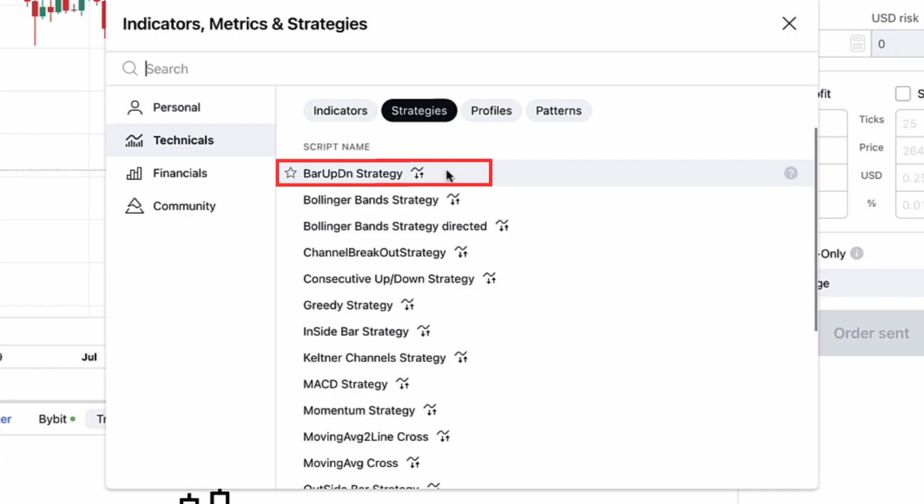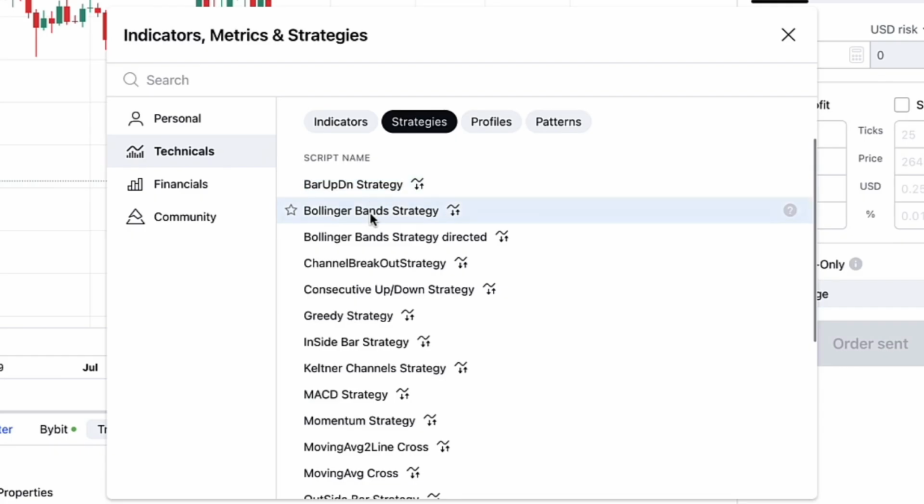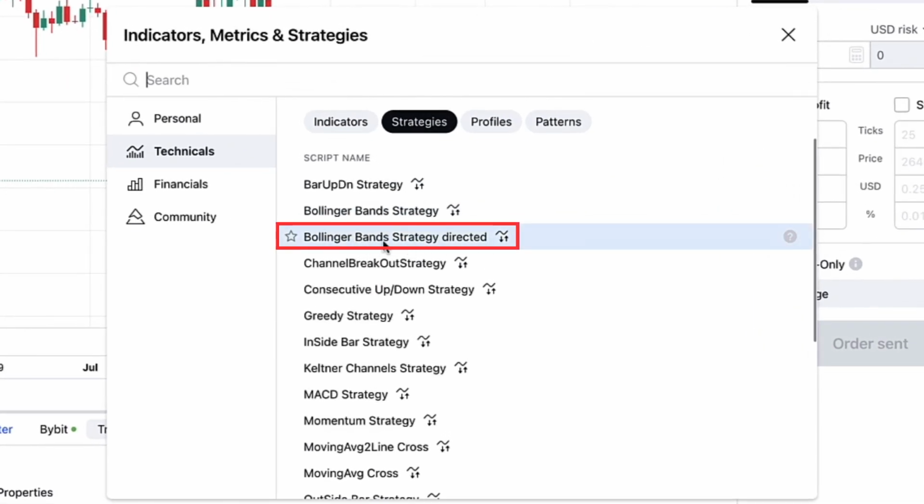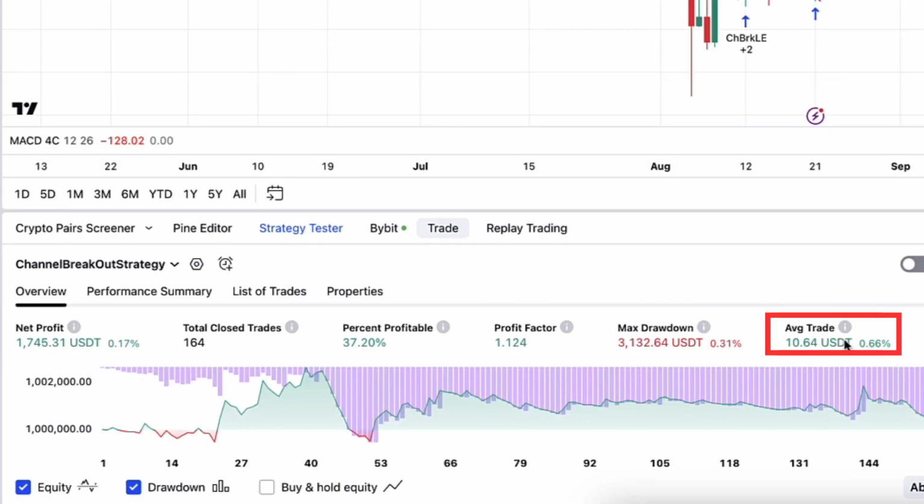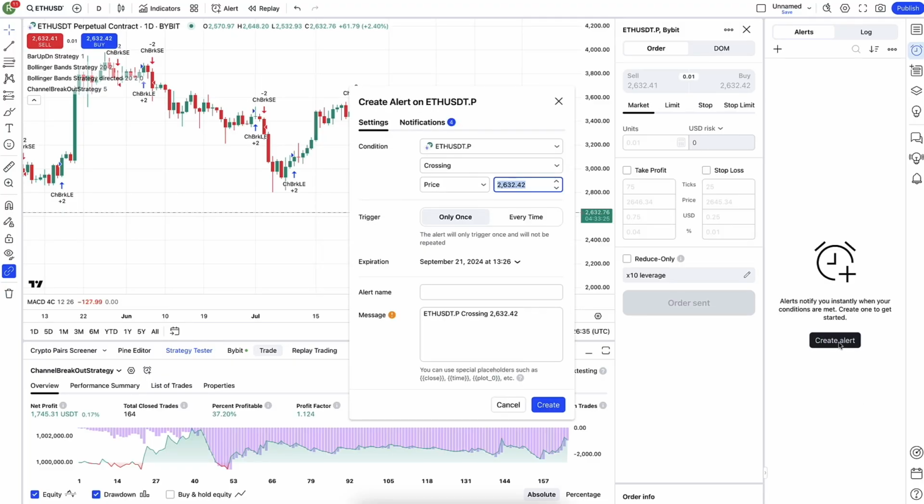Let's click for the first one on the top. It opens it here below. Then the next one, Bollinger Bands strategy. The next one, Bollinger Bands strategy directed. Then the next one, here is the average rate and some other data. Total trades 164. Now if you want to connect this one, you can click here create alert and copy paste